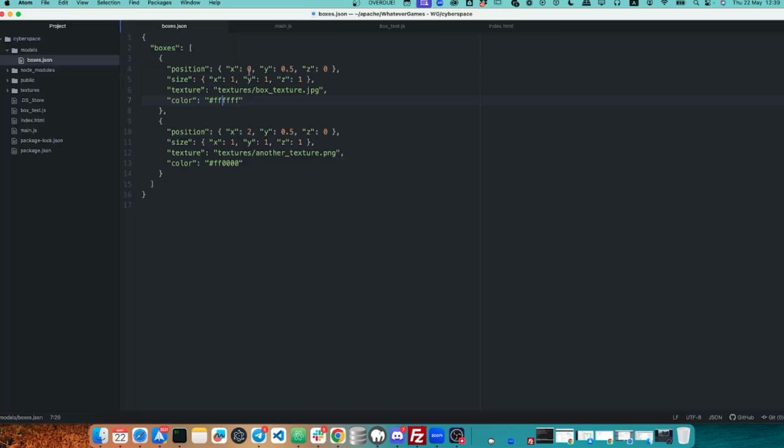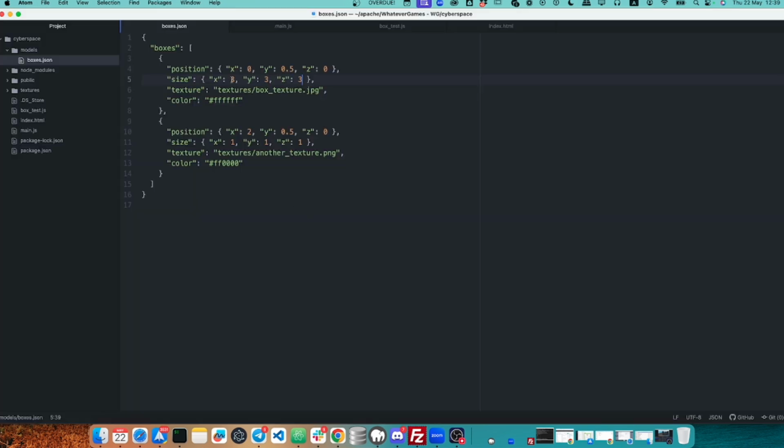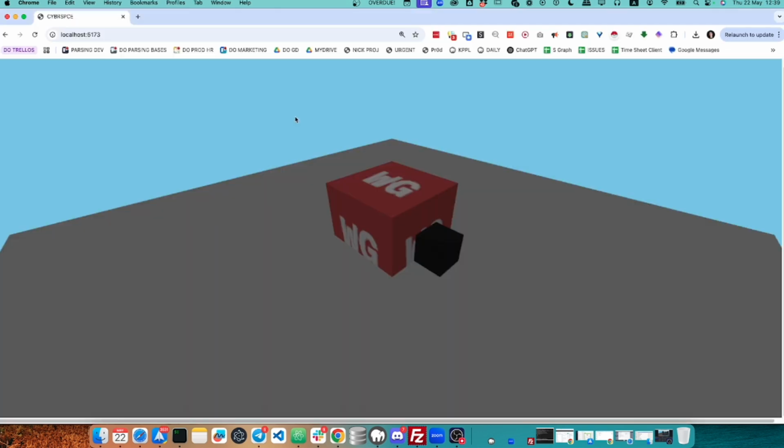So if I want to change the size, for example, I want to have the first one bigger, 3 times bigger, I can do it like this. And if I reload, you see it became bigger. And also I can move it, for example, I want to change the position of the box, right? Now it moved here. So it's pretty cool to play around, and as you can see, I have the camera,